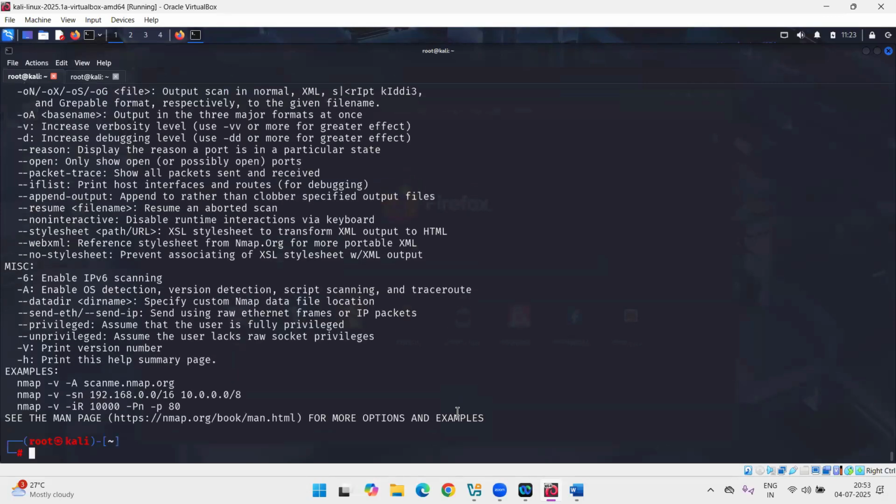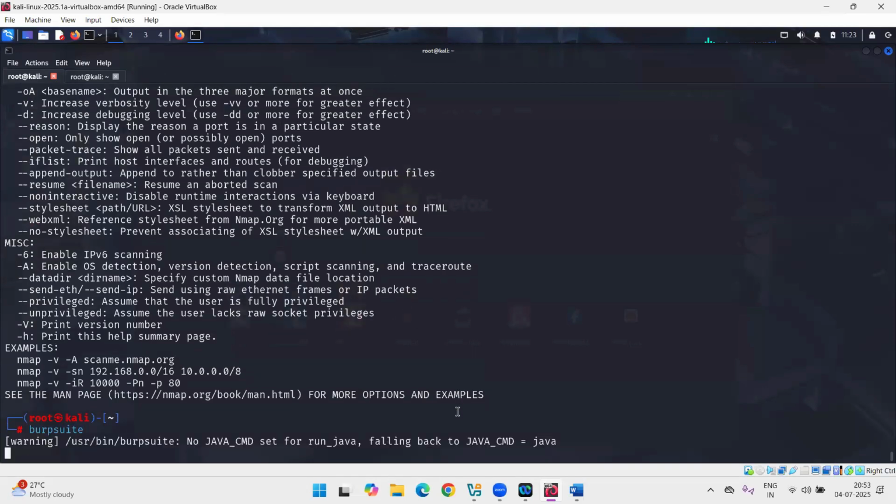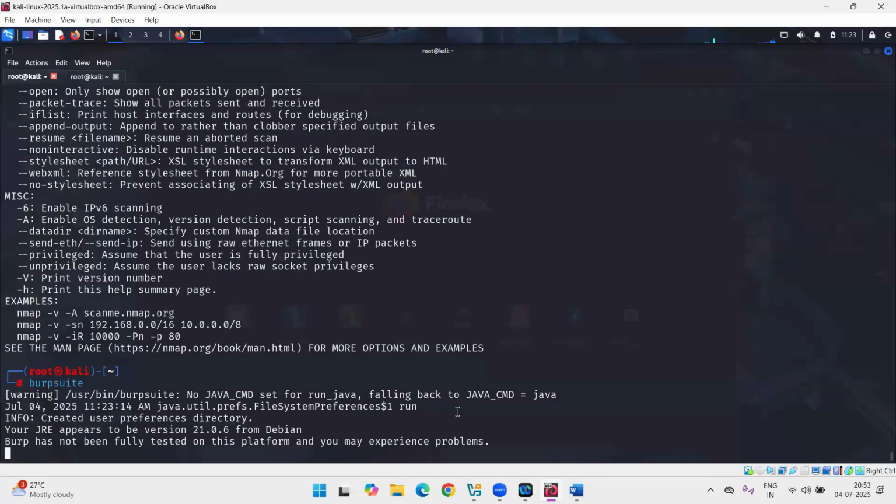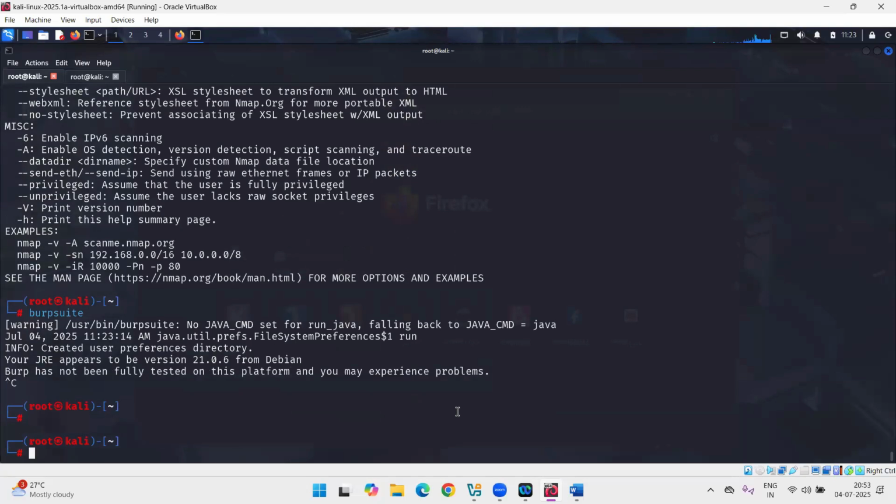And when it comes to tools, of course, all the tools are there. As I said, we have Nmap, which is the most commonly used tool for port scanning. We have Burp Suite, which is for performing web application penetration testing. We have Metasploit, SQLMap, Hydra, Nikto, John the Ripper, Netcat. These are some of the major tools I'm talking about, which are pre-installed in the Linux operating system. Of course, we are going to use them in this complete course. So right now,